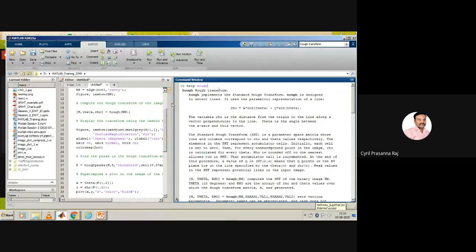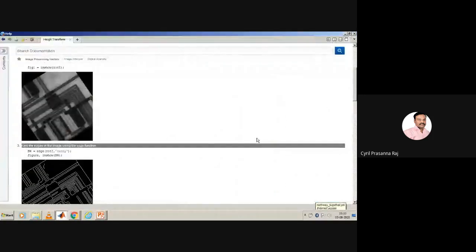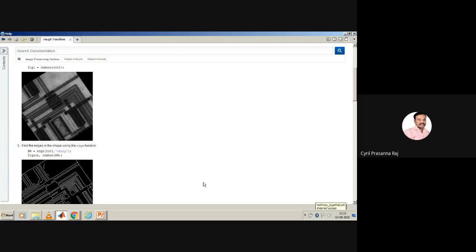Now instead of getting a quick reference, I can also go to the top portion of your MATLAB. Here there is a search window, so I can even type here Hough transform, and when I type Hough transform, the help file gets opened like this. So there are two ways for you to learn the concepts available in MATLAB. For every concept there is a help file available, and you can get the help file in two different ways. One is through going to the help. The other one is through the command prompt. Now here we will see what this is all about.